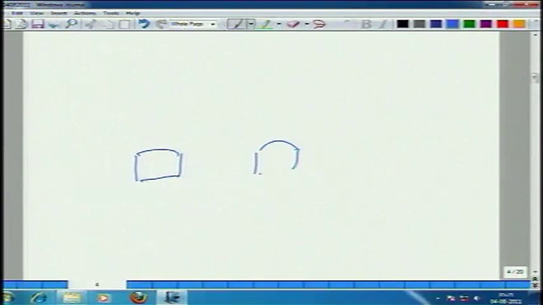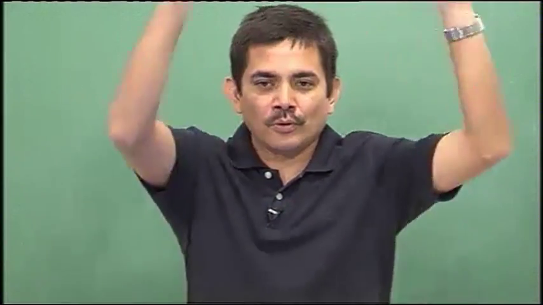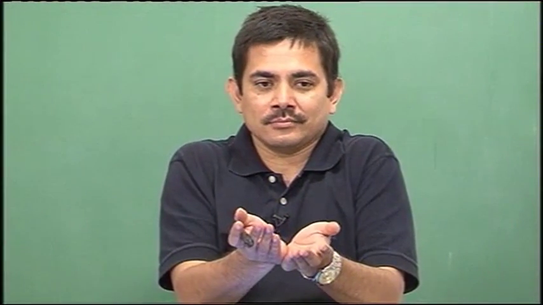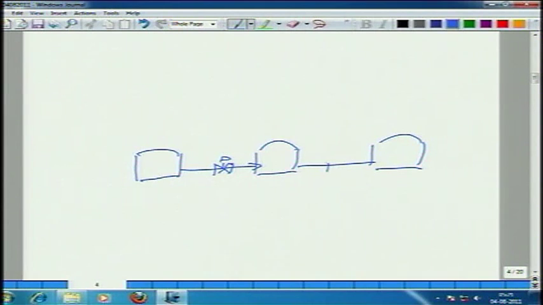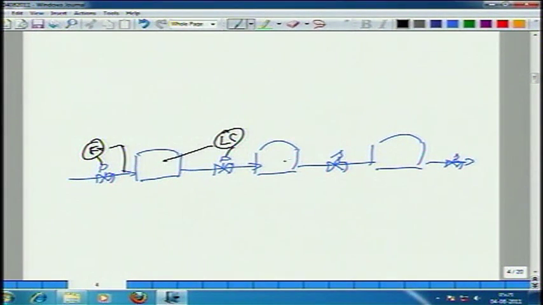let me just take a very simple 3 tank process. Tank 1 is feeding to tank 2. This tank could be a plant in itself, and I am talking about the overall material balance on the plant. Okay. Let us say I have something like this. I can do this, set the feed here, and then what I have is level control this way, level control this way, level control this way. This is one way of doing it.